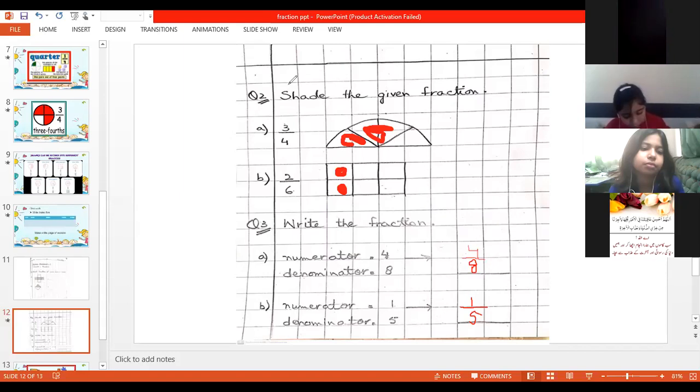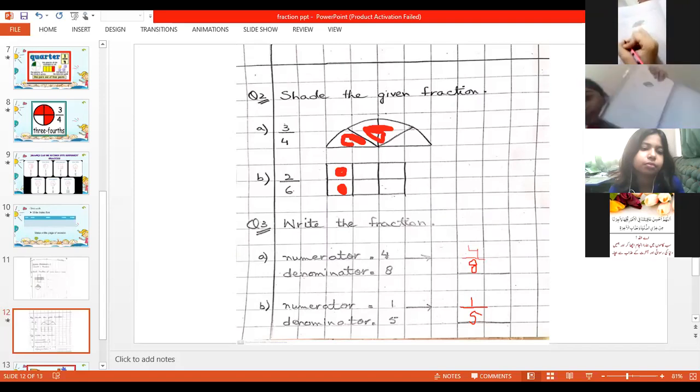Yes, Ume Parva, have you done your work or not? Show me your work. Those who are doing their work, show me your copy, beta. Everybody show me your copy. Very nice, Mehak. Very good, Ume Parva. Excellent.